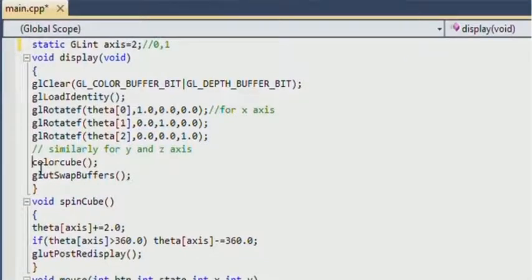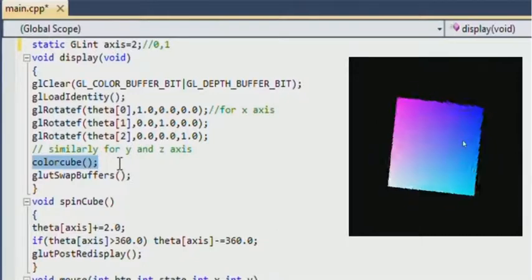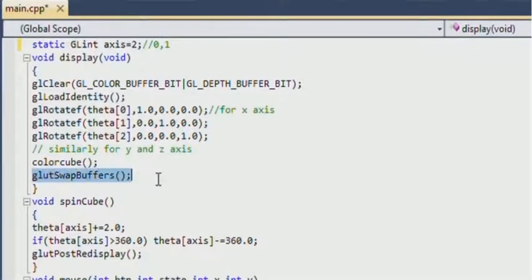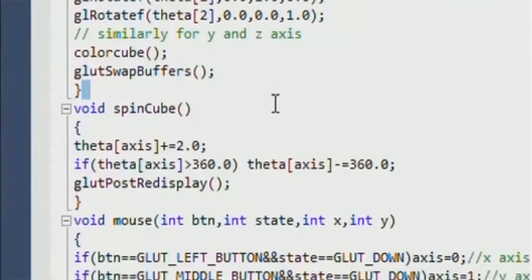Okay, so the color cube function here is called, and then the glutSwapBuffers function. The contents of the buffer then become undefined. The update typically takes place during the retrace of the monitor rather than immediately. Now void spin cube is a function.